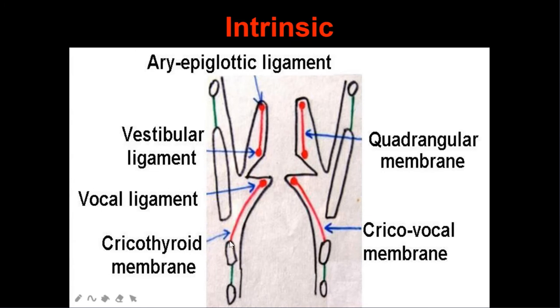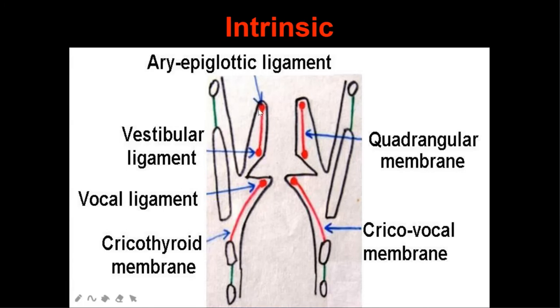So the lower part is attached to the cricoid cartilage, and the upper part forms the thickening, the vocal ligament. The cricovocal membrane is triangular in shape and runs from lateral to medial, from below upwards. The thickened part of the upper free border of this cricovocal membrane forms the vocal ligament that is present within